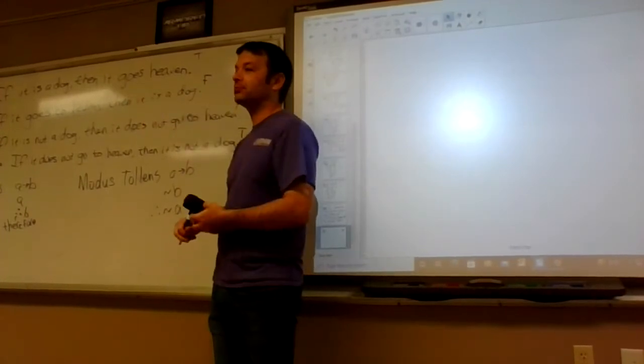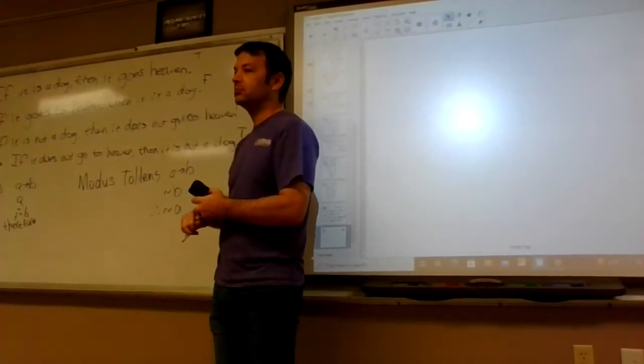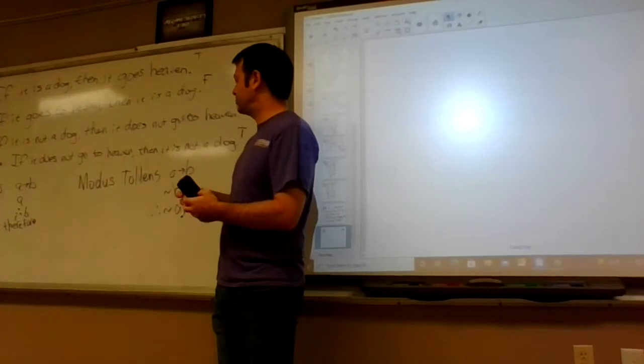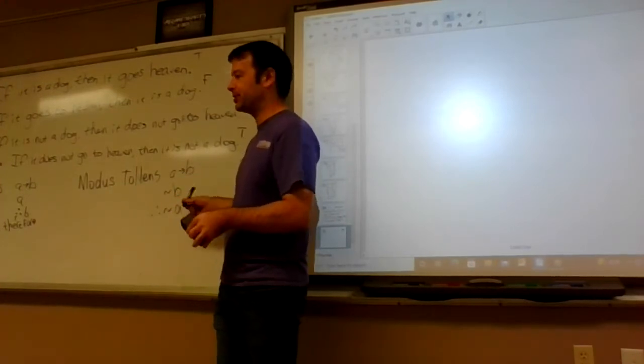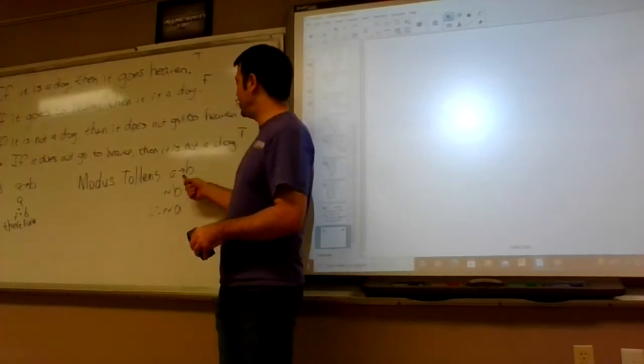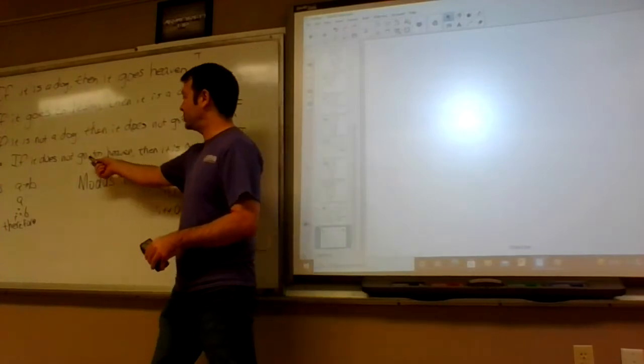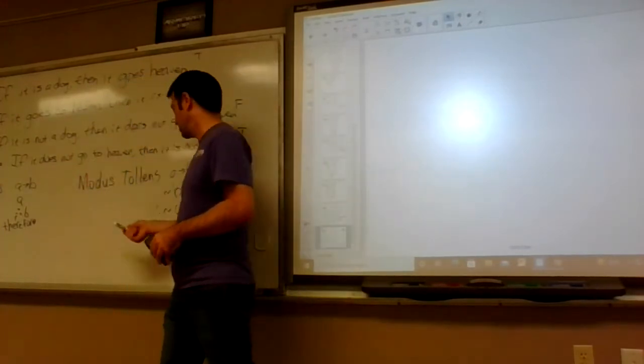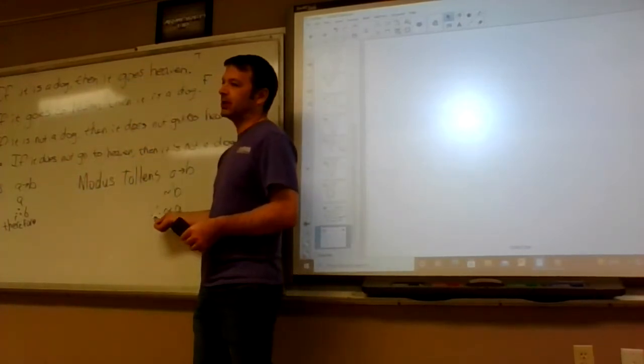Do I have to use the symbols? I hate the symbols, they confuse me. I don't think they're doing much with the symbols, but it might show up in a couple places, so you do need to know it. This just means not. The B would be this part of the sentence, the A would be this part of the sentence, and this means therefore. That's new for today.